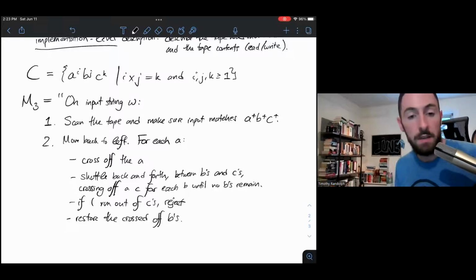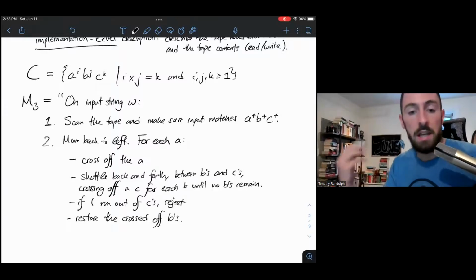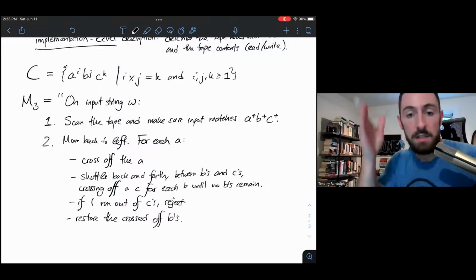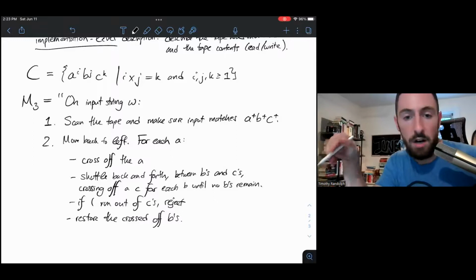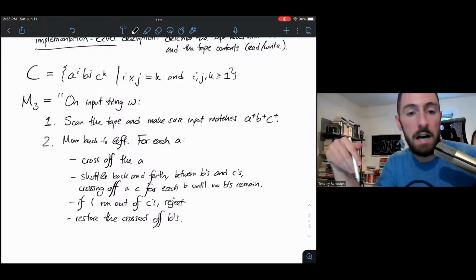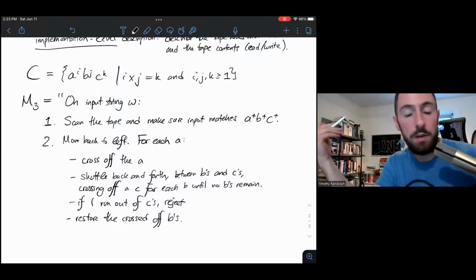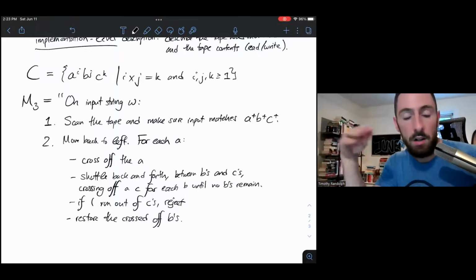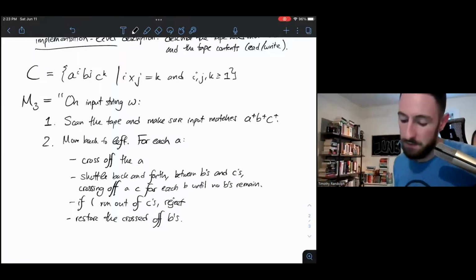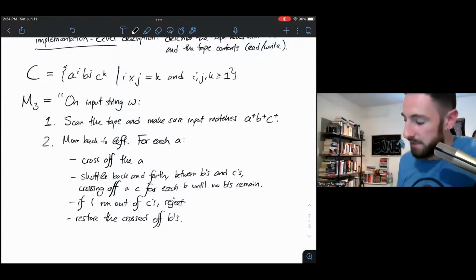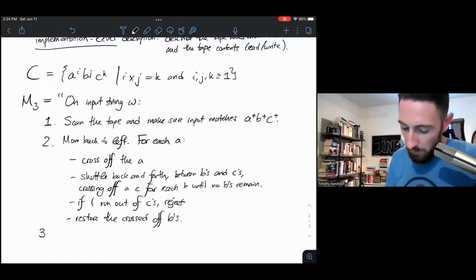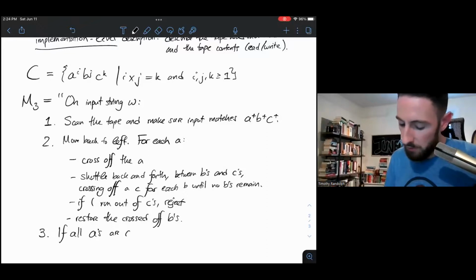What I mean by restore is take the symbol of the crossed off B and write over it with a regular B. So what this will do is it'll count and it'll subtract a C by crossing it off for every B. If I do this loop a bunch of times, I'm going to subtract all of my B's from my C's A times. In other words, I'm going to subtract I times J C's, which is exactly what I would like to do. So 3, if all A's are crossed off, that's when my loop is done,